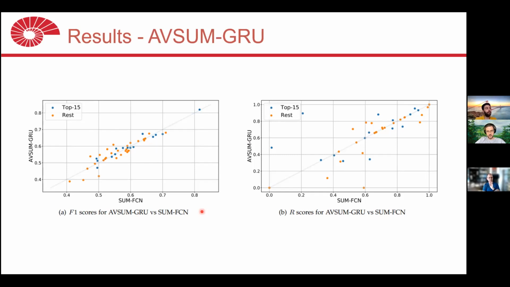On the right-hand side, we are showing face recalls of the same architecture against the baseline. We have seen that face recall rates are more scattered than the F1 score performance. When we compare these graphics, the face recall rates are always more scattered, so they are less similar to the baseline for this metric. And we haven't seen a great improvement for Awesome GRU for the face recall rate.